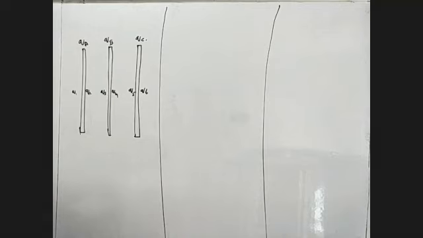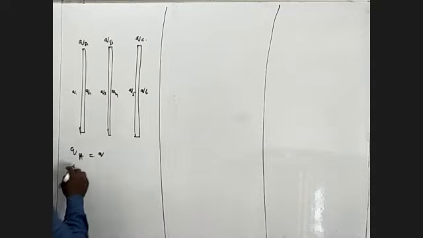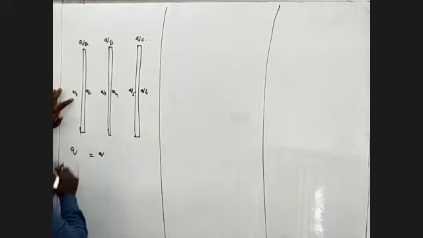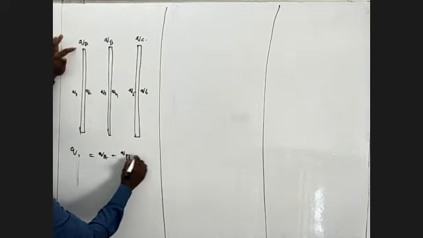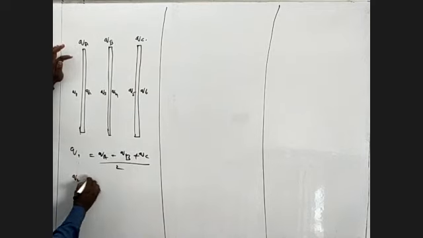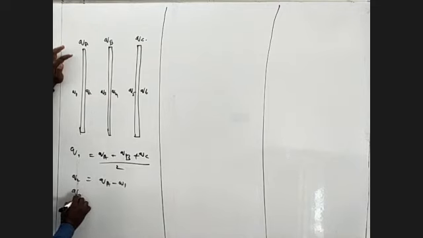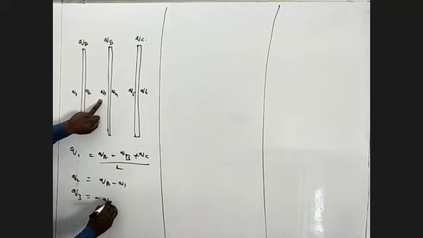Now we are going to show the formula. What is the formula? I want the Q1 value. What is the Q1 value? So Q1 is equal to QA plus QB plus QC, divided by 2. Next, I want Q2, which is equal to QA minus Q1. Next, Q3 is equal to minus Q2.